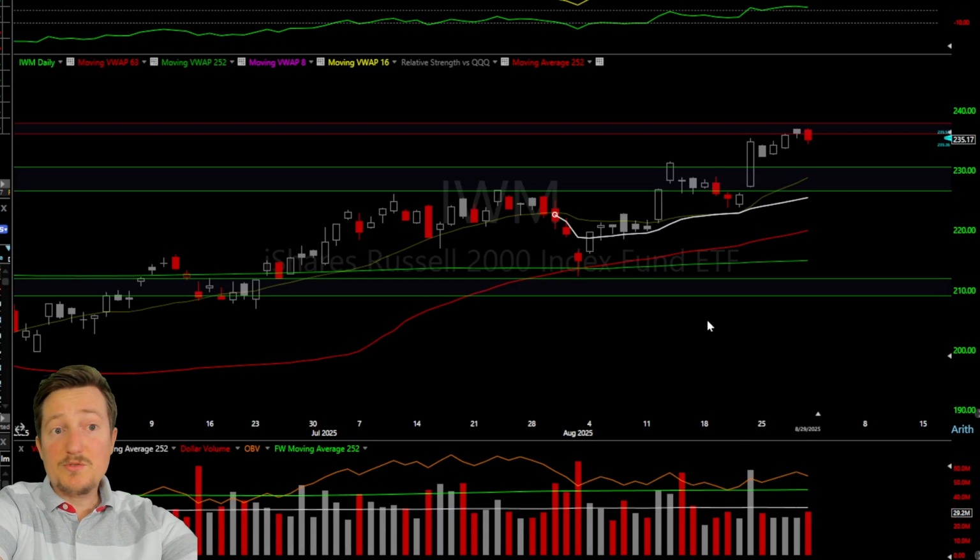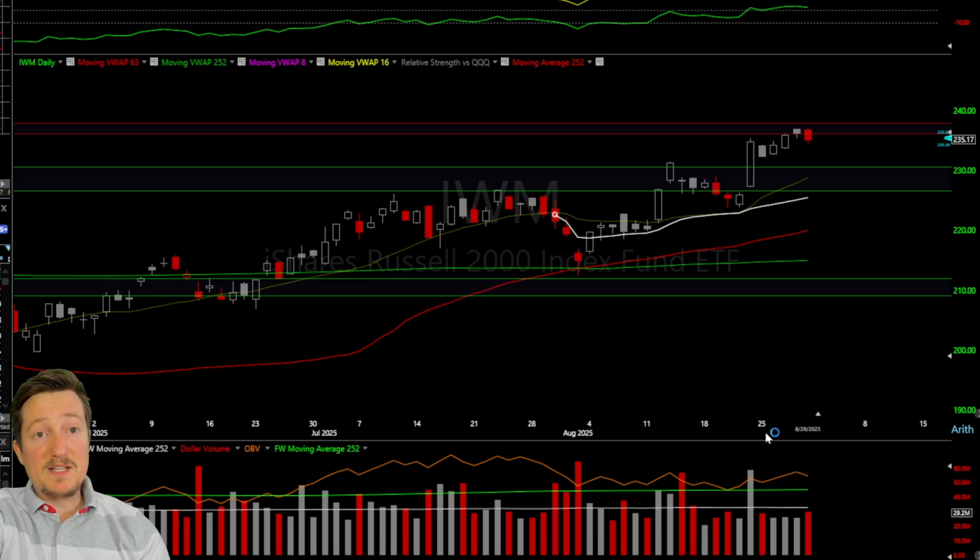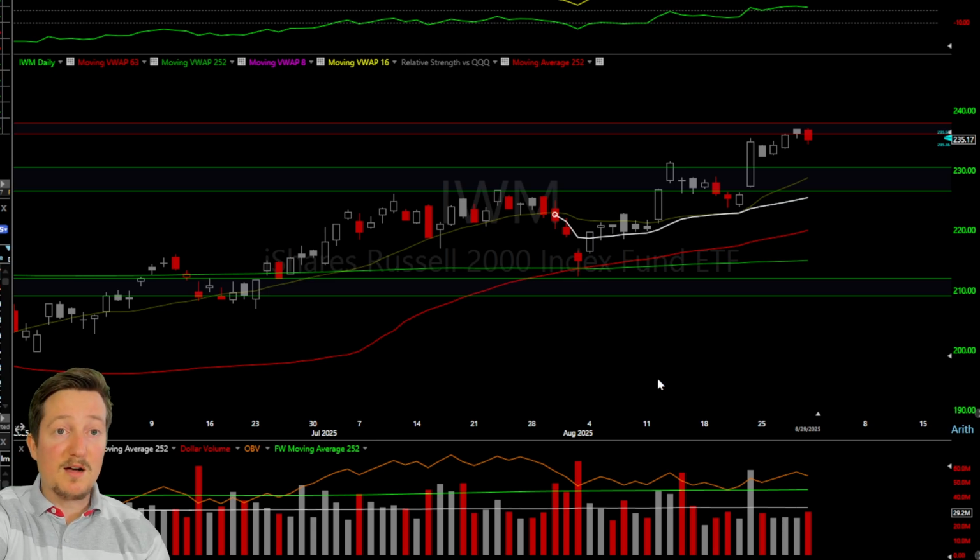Okay, so the Russell 2000 is a little bit different than the SPY and the QQQ. And that's typically what you see going into more bearish markets, right? You see the equal weight, or you see the small cap stocks do better. And people are saying, okay, why? If the economy is getting bad, there's going to be some news. Why do the small caps outperform? Because typically when things are about to get bad, that means they're going to cut rates. And when they cut rates, small caps do well.